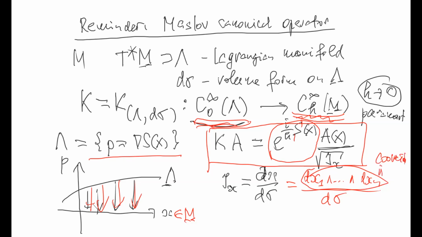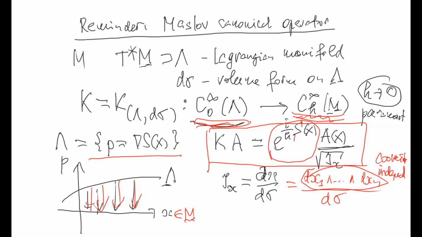Coordinate independent. Well, in general case, of course, you have some complications. So your canonical operator acts into half densities, but I will not bother with this. Let's stay at this simple level. And if the Lagrangian manifold is not projected on the x-plane, then there are much more complicated expressions involving integrals over some additional variables. I will not go into details here, but